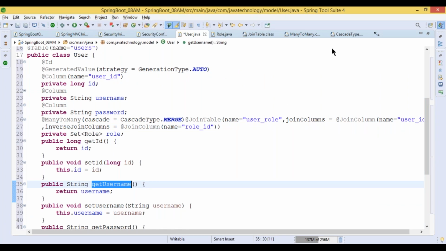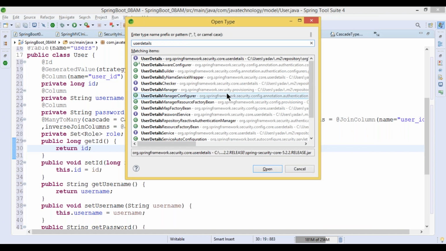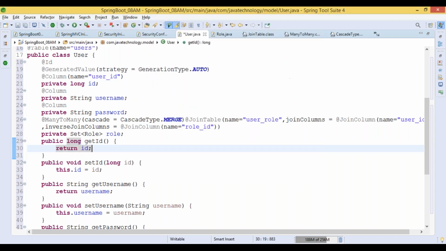Only in one case are we going to give this information, that is when we are extending the UserDetailsService provided by Spring. We need to extend the class to get some security features. Here we give which user we are trying to give access, which is nothing but authentication and authorization. In this case only we are going to use setters and getters. Except this, we are not going to use them anywhere.